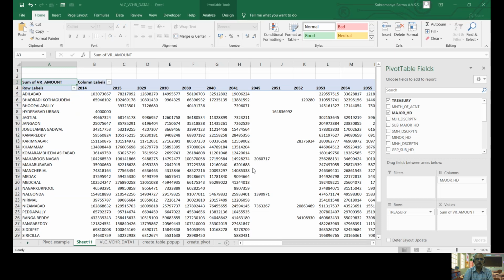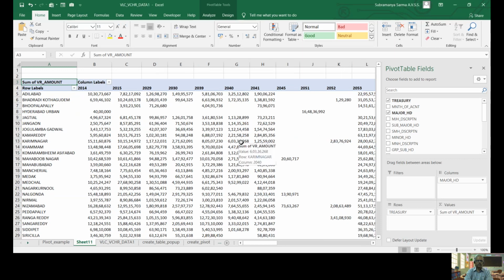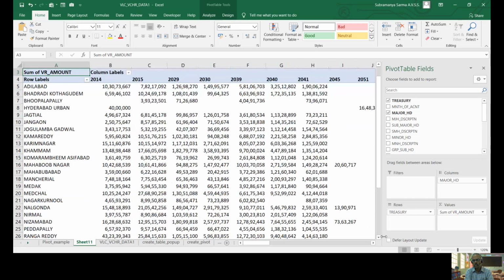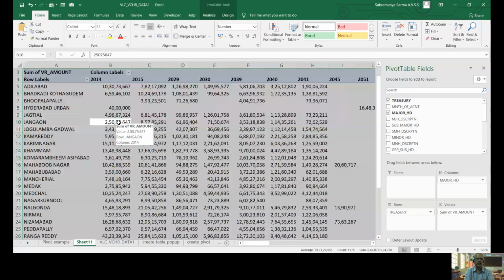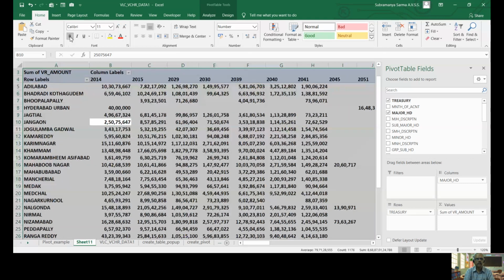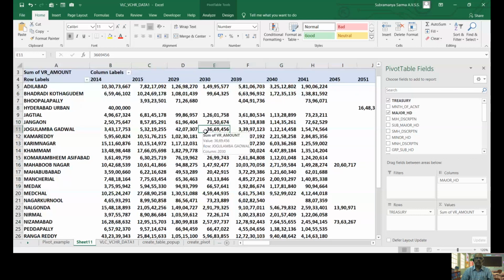Okay, so when you say OK, 1000 separators will appear. Okay, okay. And if you want, I will zoom in a bit so that you can see clearly. Right now, if you want to bold all these things, you can press Control A to select everything, and just press B, that is bold. So that's it. So I think with 4-5 clicks,